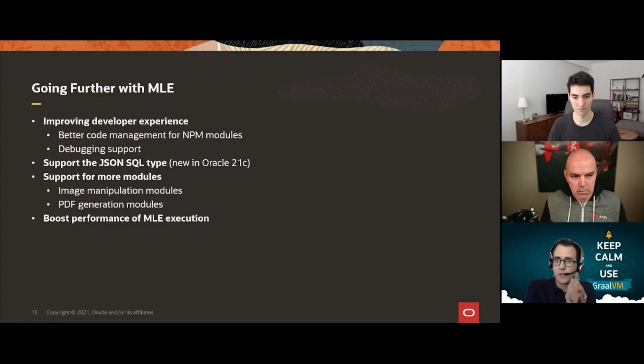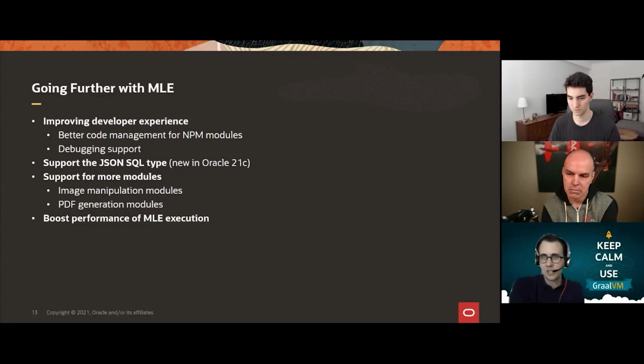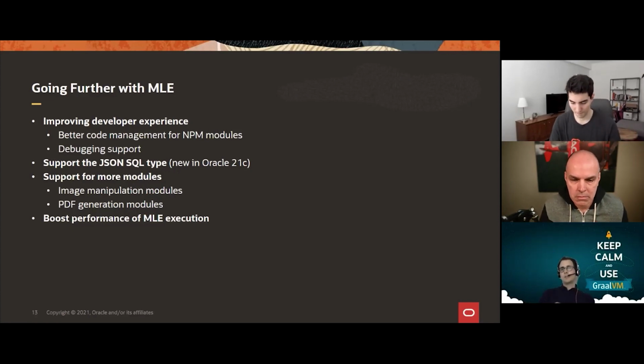And then the last thing is this feature called GraalVM native image that allows you to compile Java code into a native executable or a native binary in the case of MLE. And that actually means you compile GraalVM itself, plus in our case, the GraalVM JavaScript interpreter, plus any other language interpreters that you want to have, to native code. Again, a lot of research, of course, went into making that happen. But these are three key components that compose the success of GraalVM today,